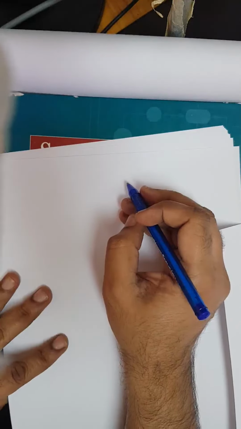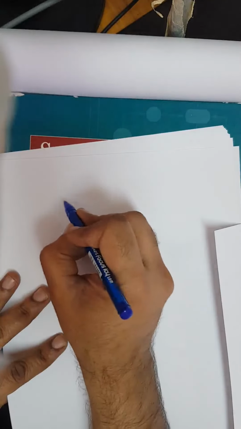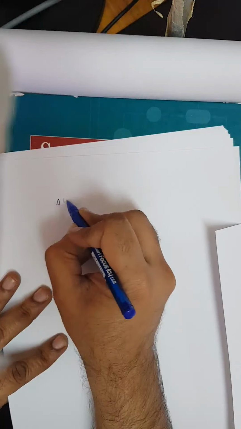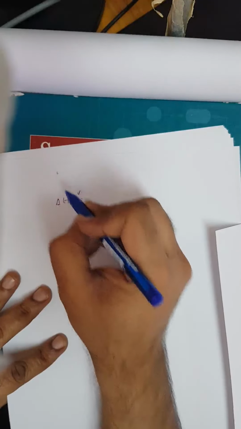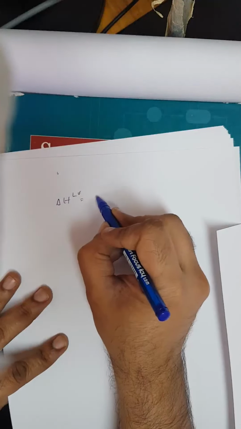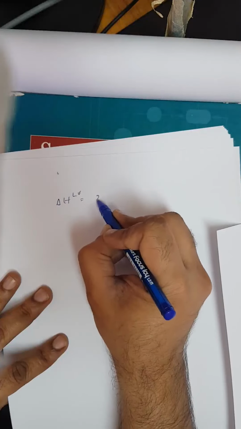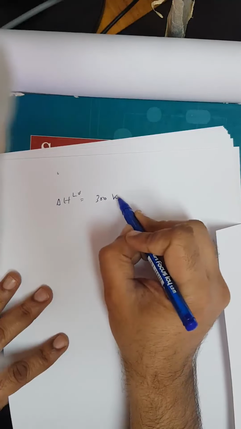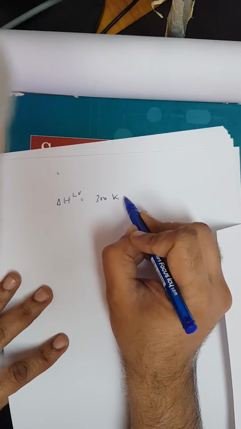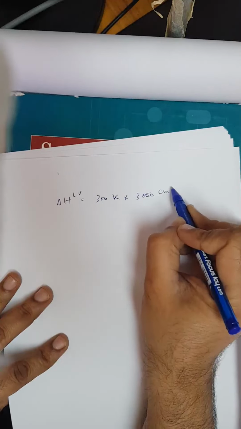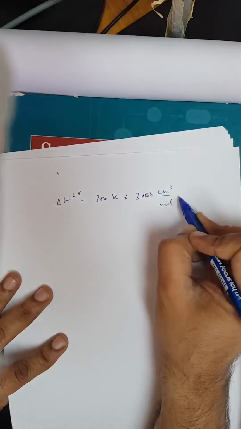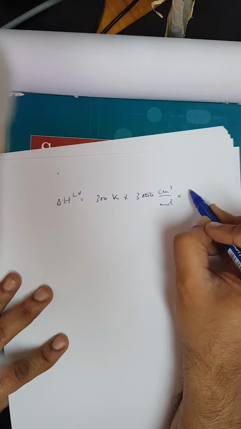So let's say if that value is in Celsius, then your delta H will be, let's say any temperature 300. Then again you have to substitute Kelvin, let's say 3000 cubic centimeter per mole, and the last value is